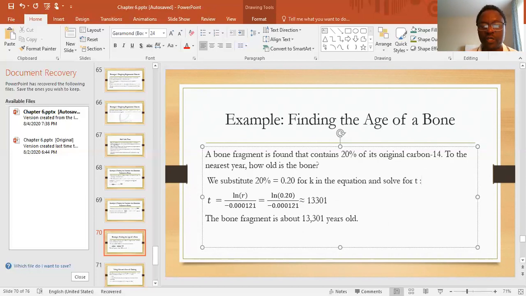So what is left is 0.2. So we are solving the equation 0.2 times A is equal to,